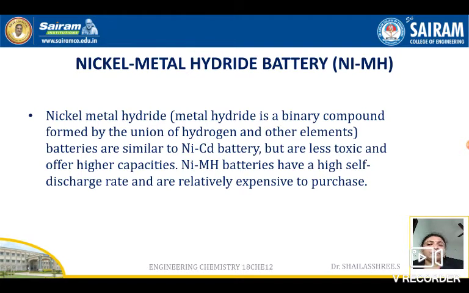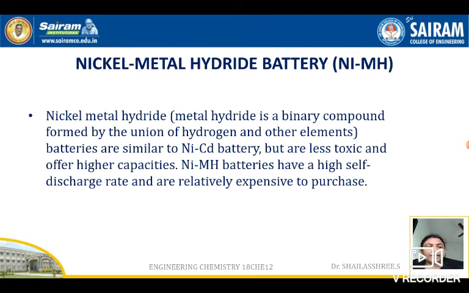And here the second type of modern battery is the nickel metal hydride battery. Here you should remember one clue. It is useful for writing the reactions and all. You just have to remember there is an easy adsorption and desorption of hydrogen. That is the reaction here. Very simple. Here the metal hydride is used.